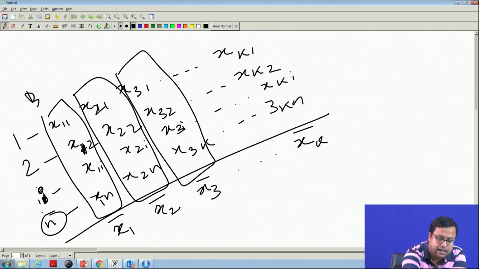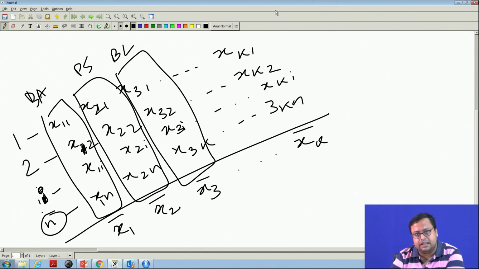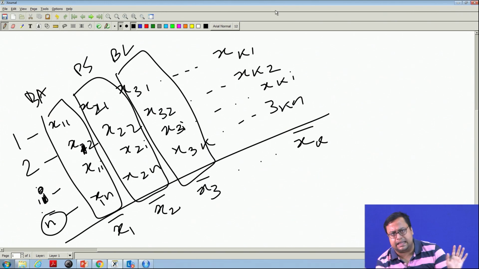So, this is brand awareness, this is price sensitivity, this is brand loyalty, this is something else. Everything will have a mean. I try when they are all in one segment, in that case how much is the error, when I cannot explain anything of the model.